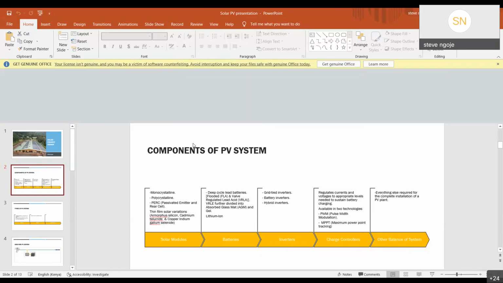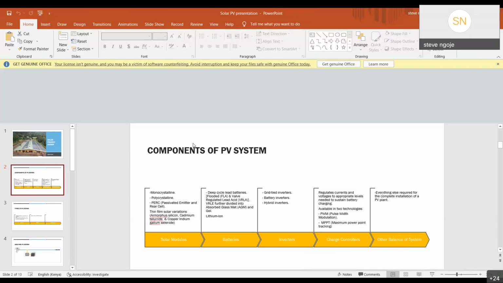So we have two main battery types so far in solar that most people use. We have the lead batteries. Lead batteries also are further categorized into two. We have the flooded and the valve regulated lead acid batteries. I'm not going to give more in terms of the chemical composition of it, but this is something for you to know, is that lead batteries definitely are less efficient in comparison to lithium ion,